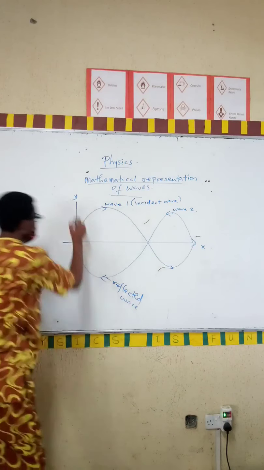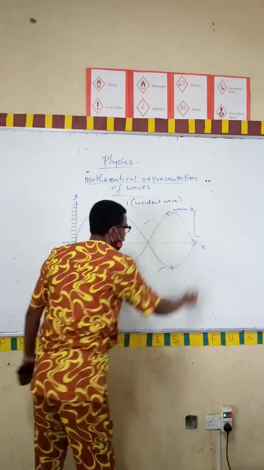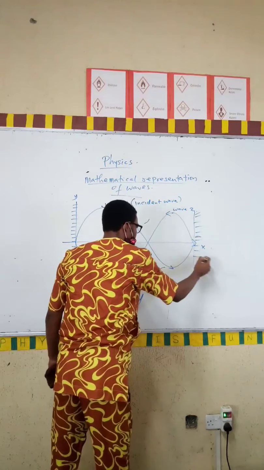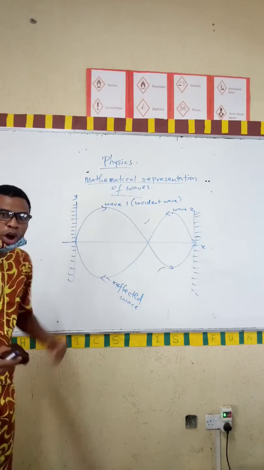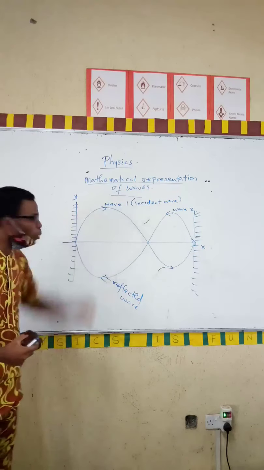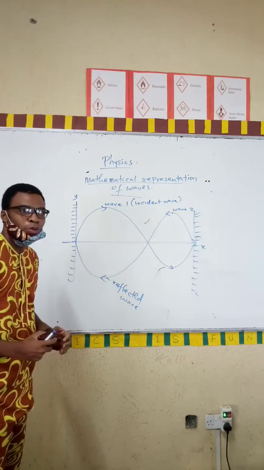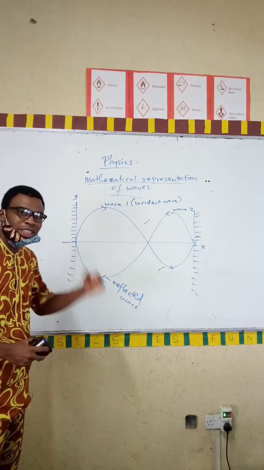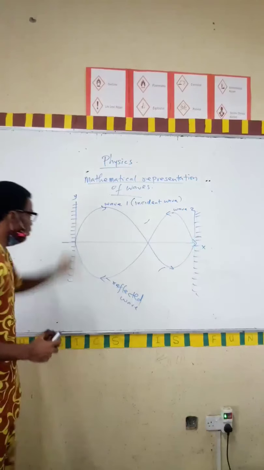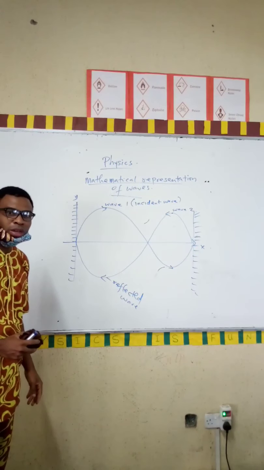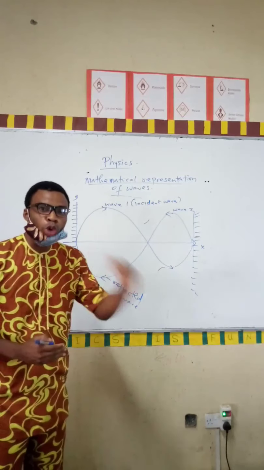So I can fix this region, and I can fix this region. So when you have two waves having equal amplitude and frequency traveling in opposite direction, we say that they are standing or stationary waves. So in a standing wave or stationary wave, we have the incident wave and we also have the reflected wave. And in a standing wave, we have what we call node and antinode.